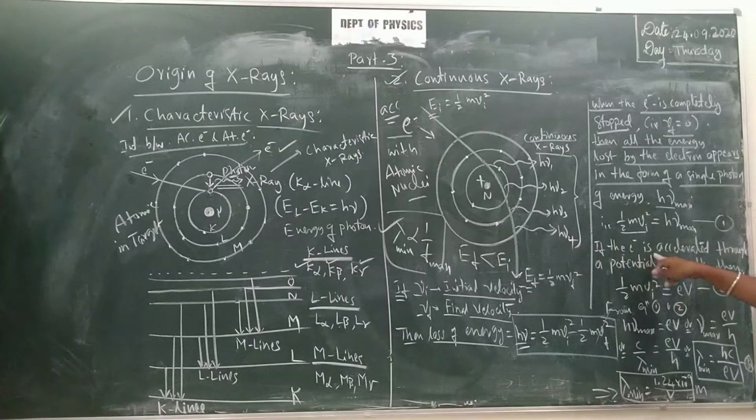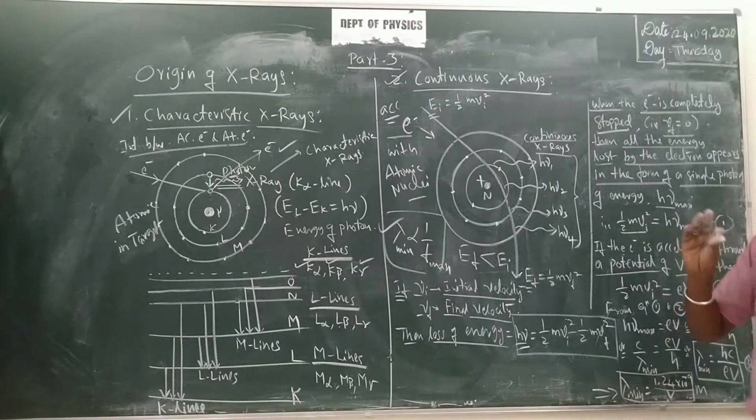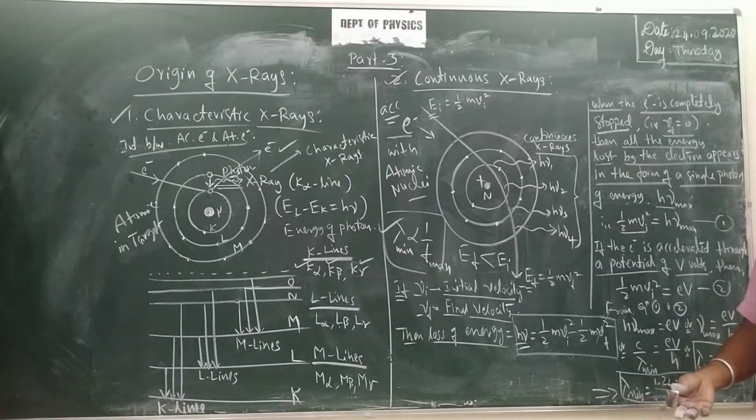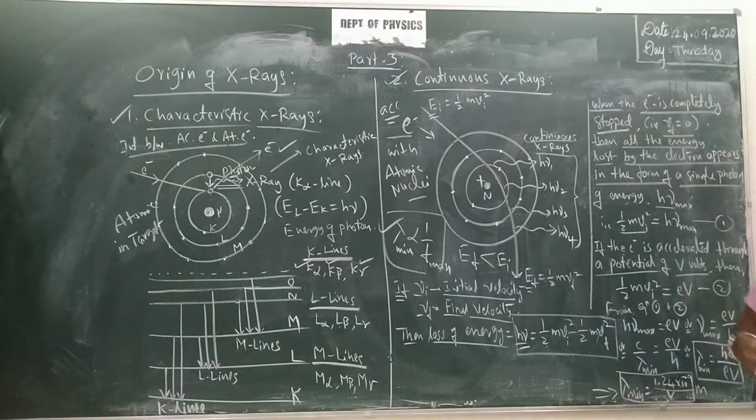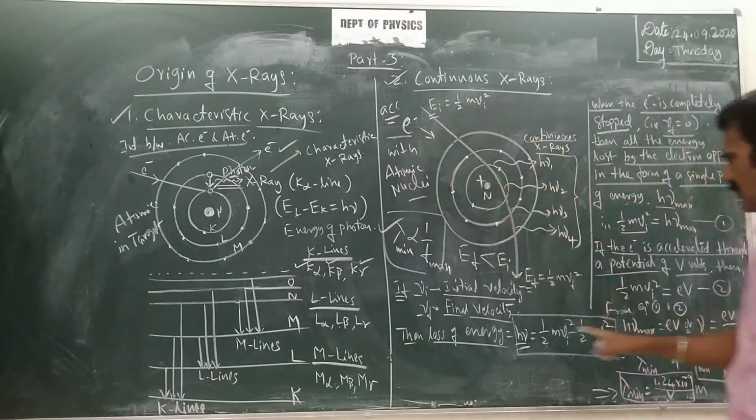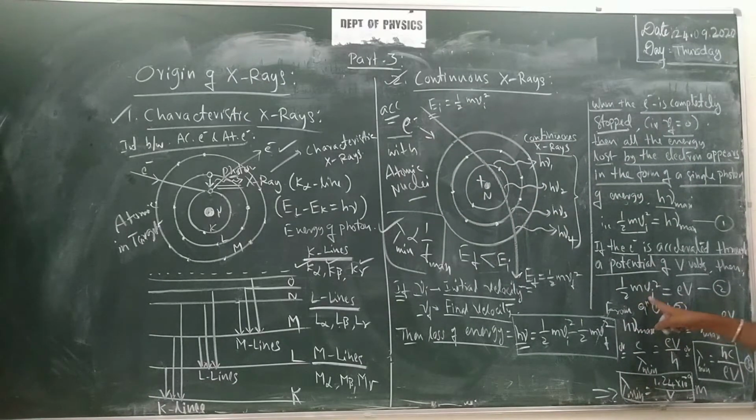If the electron is accelerated through a potential of V volts, this is possible with very high potential, I said. With what potential is the electron accelerated from the high tension battery, you know, in the Coolidge tube? You have to consider that high potential. 30 to 100 kilovolts, I said, isn't it? So that voltage is important here. The electron is accelerated through the potential V volts. Consider that. Then depending upon that, we have its kinetic energy. So that is half mVi square equal to eV.